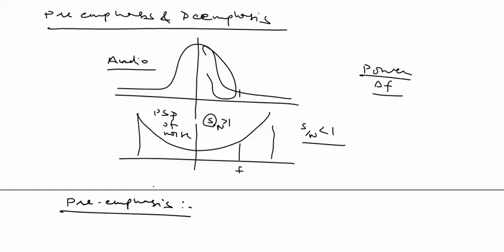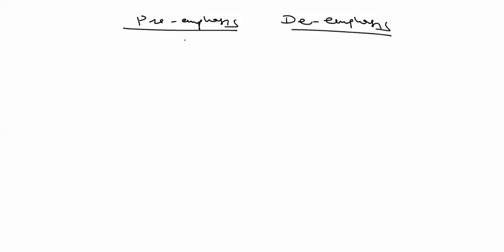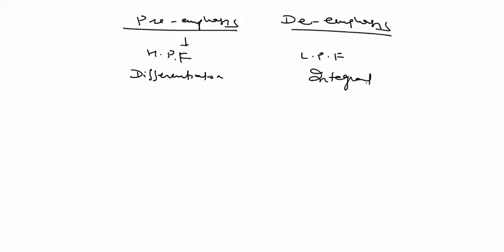So we can write some points regarding pre-emphasis and de-emphasis. Pre-emphasis consists of a high pass filter. De-emphasis is a low pass filter. Pre-emphasis is a differentiator, synonymous with a differentiator circuit. Boosting of high frequency